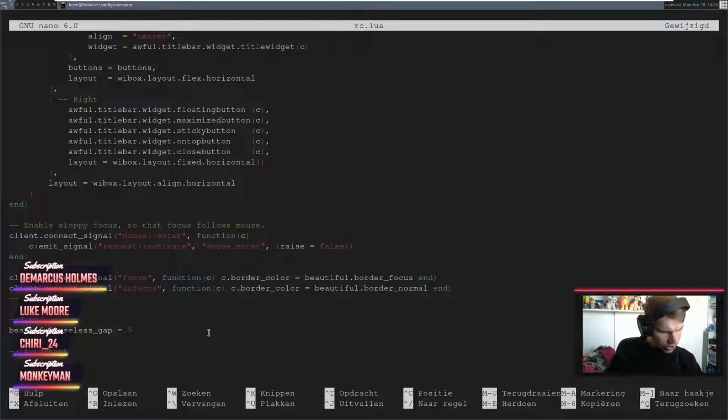What we want to do is we want to say awful.spawn.with_shell. And then we want to have that, and we are going to run nitrogen. And we are going to copy that line. And we're going to do that and paste that in.